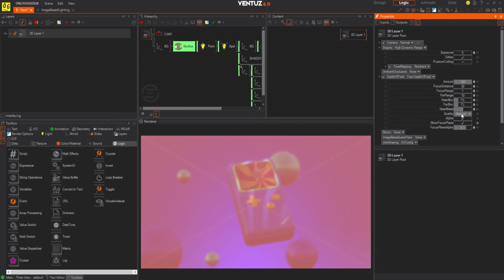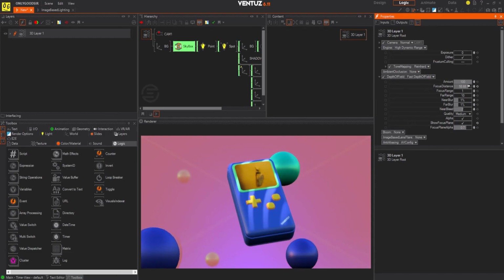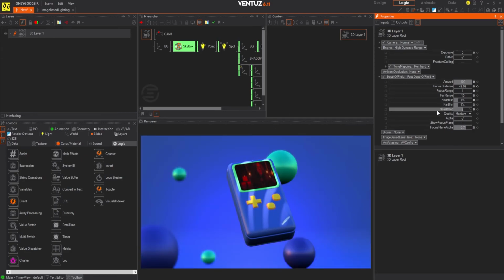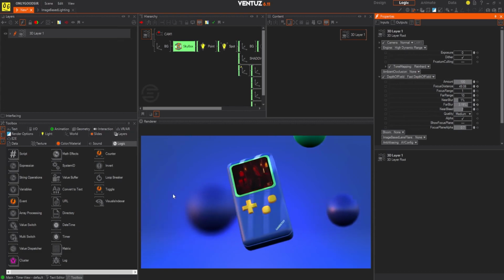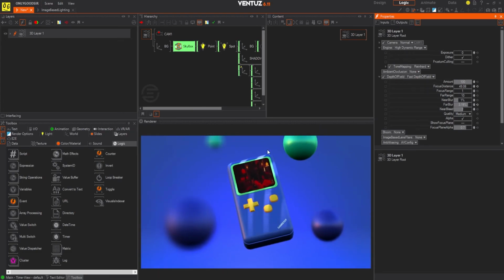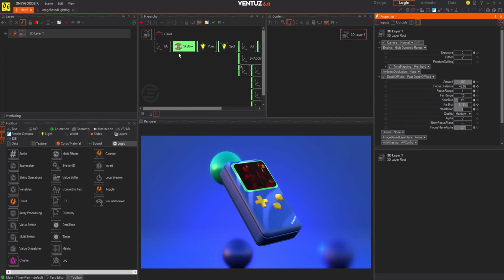This is a fantastic tool, changing the show focus plane. And then you can of course also change the focus range, the distance, which should move the plane. And I only want this object, for example, in focus. So now if I turn the show focus plane off and then increase the blur, the far blur, you can see I've blurred the background now, and it's just looking a little more interesting. We've got some depth of field,